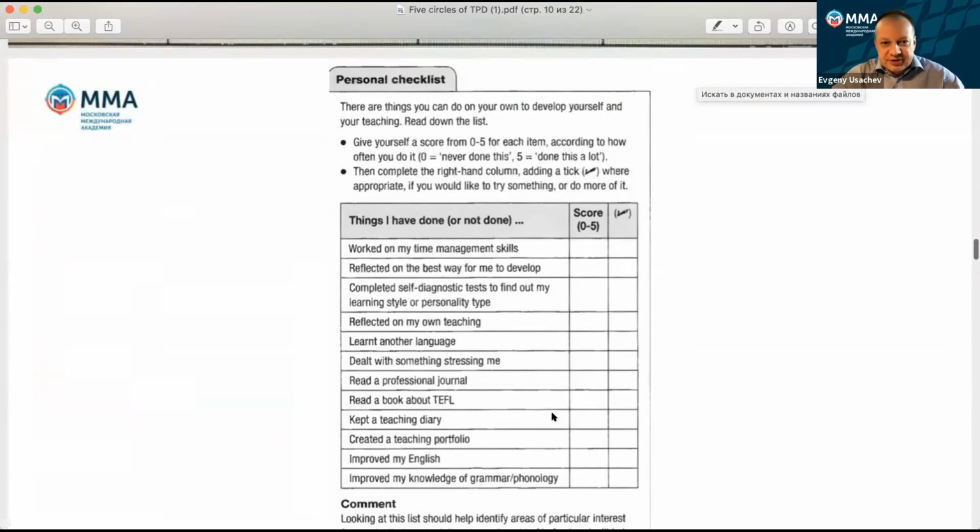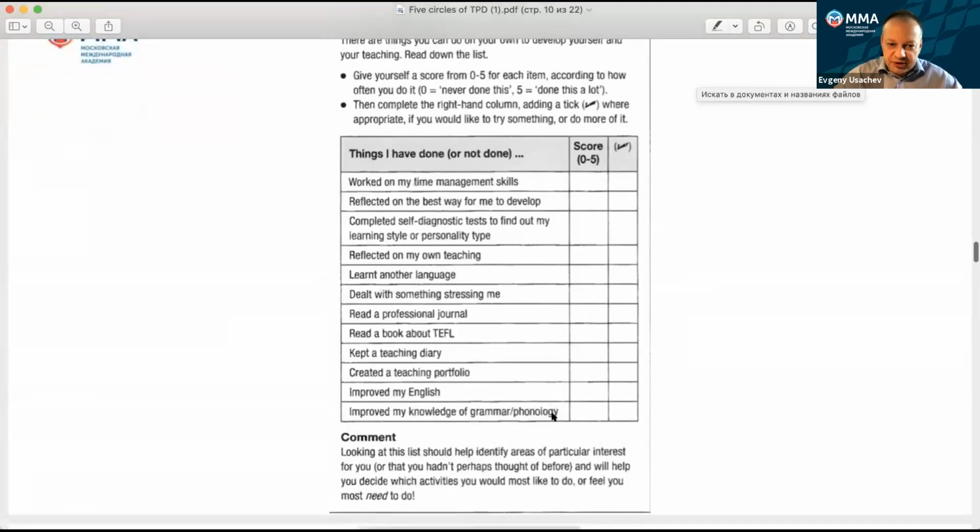So, for instance, if we have worked on our time management skills or reflected on our own teaching, or maybe learned another language or kept a teaching diary, again, it gives us an idea what we have already done in this direction, speaking about our personal development as teachers, and which areas maybe we may focus on, right?